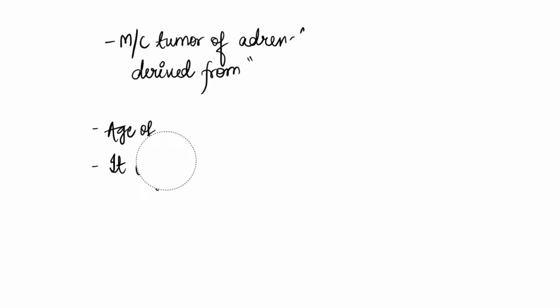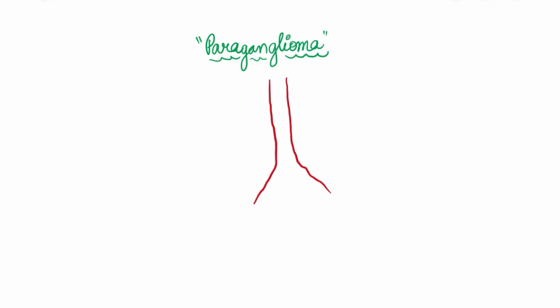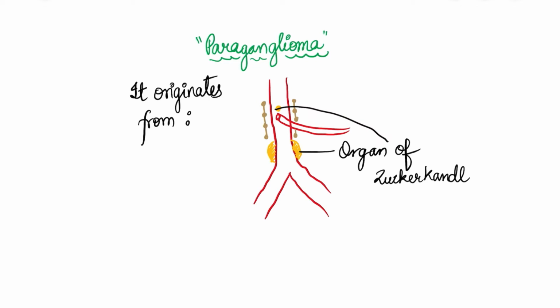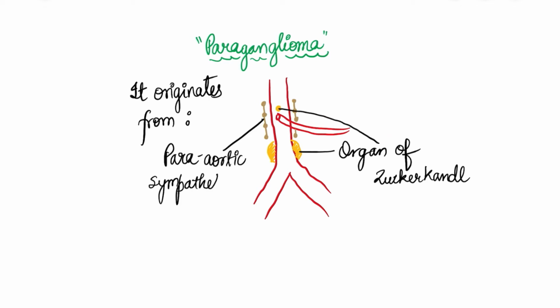is known as paraganglioma. Let's talk a little about paraganglioma sites. Following are the sites as you can see in the diagram. The first most common site is organ of Zuckerkandl, which is a type of chromaffin body and can either be found at the bifurcation of aorta or near the origination of inferior mesenteric artery. The second site can be on para-aortic sympathetic chain, and the third site can be bladder wall.